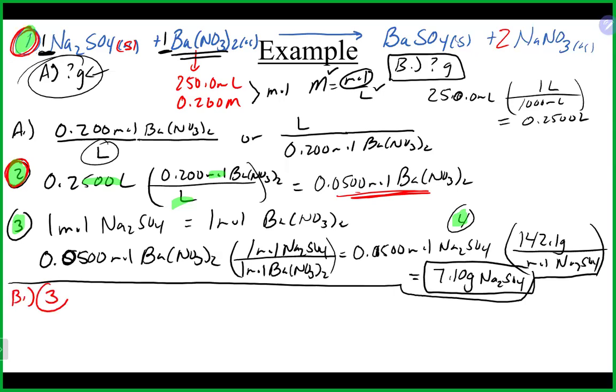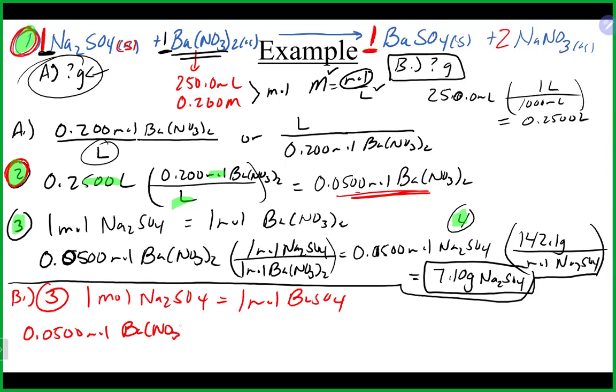So number three is our mole-to-mole relationship between the sodium sulfate and the barium sulfate, and it is also a one-to-one relationship, which means 1 mole of sodium sulfate will give me 1 mole of barium sulfate. And that means I'll take my 0.05 moles of barium nitrate. I will use my stoichiometry here. 1 mole of barium nitrate gives me 1 mole of my product here, which is barium sulfate. And that gives me 0.05